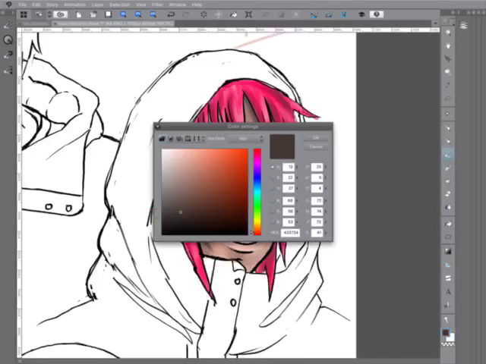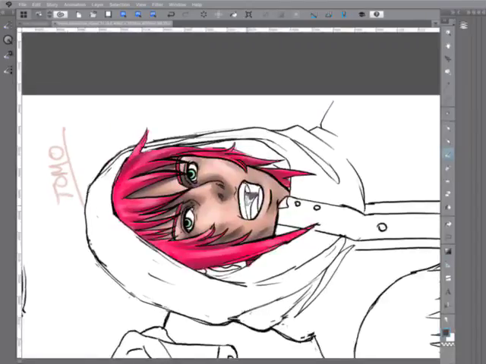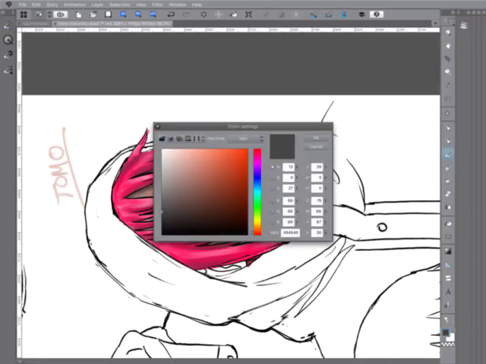Whatever, it don't matter. Let's go to a fake black and fill in here. Try to get it more like a mouth. And then go darker.